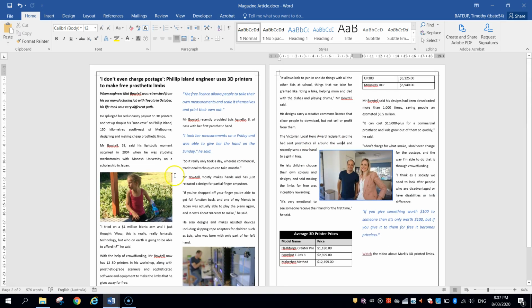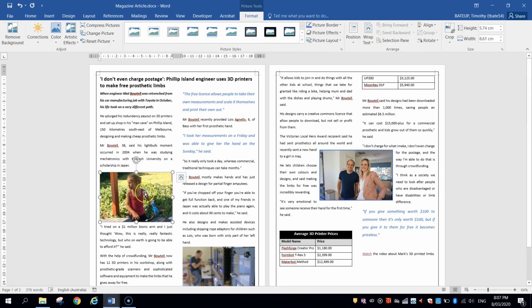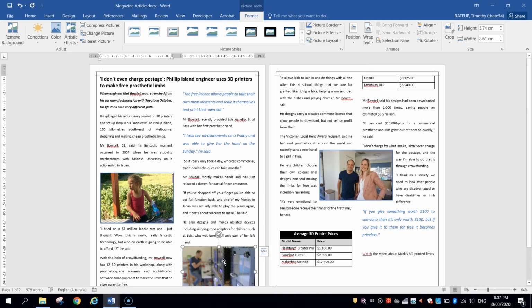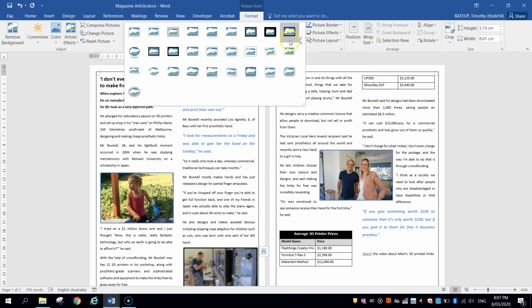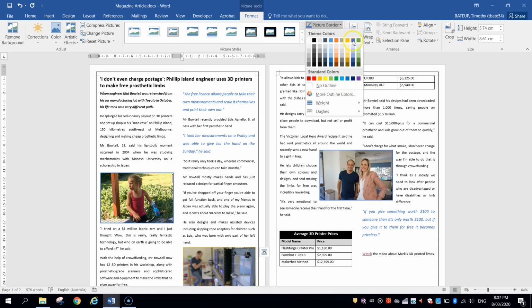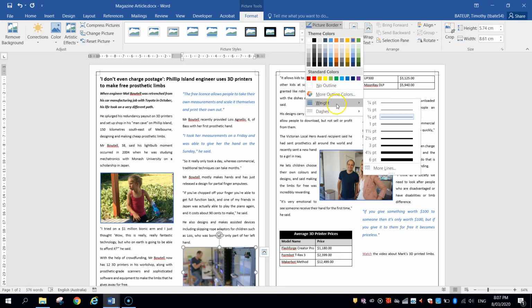That looks good. Do the same for the other pictures, so we've got a bit of a consistent feel to our document. So go back and put that blue border on them all and change the weight to 2 1/4. There are other options you can do with this picture too. You've got all these different special effects, but I think they look pretty average. They look quite tacky. So I think avoid these kind of special effects on the pictures for now and simply put a professional looking border around them.